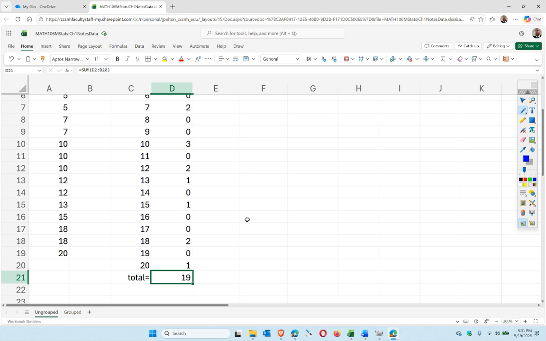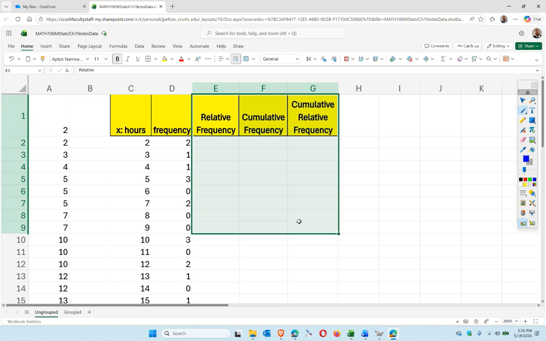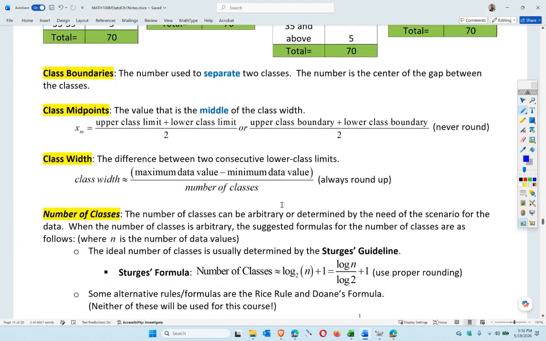I should always do that. I get it wrong on purpose because I want to dictate the point that some students won't bother to do that, and they get it wrong, and everything else is going to be wrong if you don't have that correct. Okay, so frequency just means how frequent something happened, and again, all of these things are dictated back here,